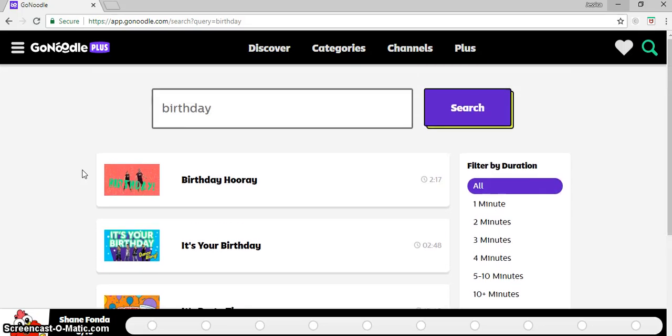I think GoNoodle is an excellent resource. It gives your kids a break, but it can also be something used to teach them or to help calm them down, depending on what kind of focus you have in your room or your school has a focus on in general. Because I showed some new teachers at my building GoNoodle, I picked the ISTE Standard 2C, Model for Colleagues,